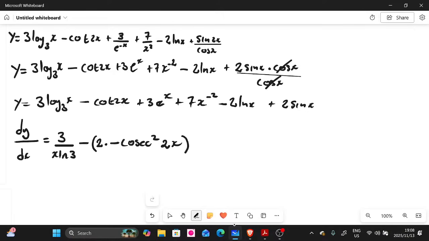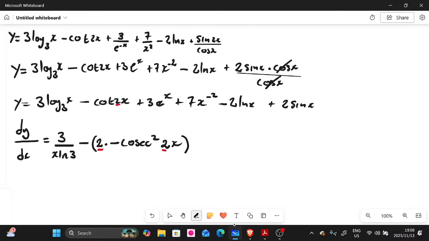Guys, when you differentiate, you multiply by the coefficient of x. People tend to forget this 2 here. Let me highlight it with red so that you can see. This 2 here, they forget it. This is the same 2. You multiply by it when you differentiate. Remember the differential of cot is negative cosec squared. Then you write 2x there because our angle is 2x. I hope you guys understand. If you don't, you can go online and check the videos there. I've made videos based on this.